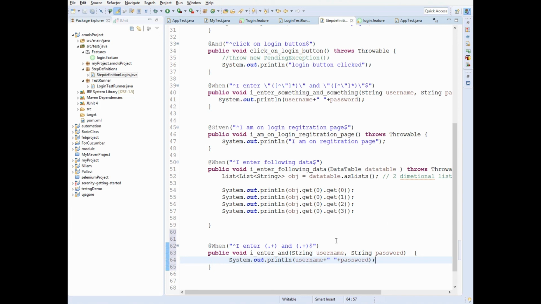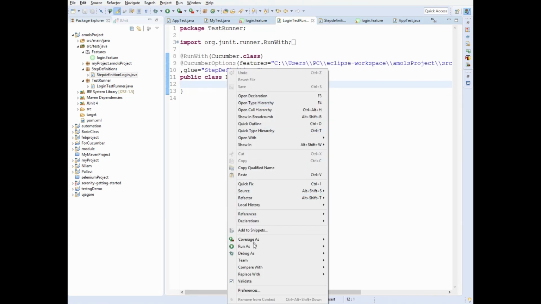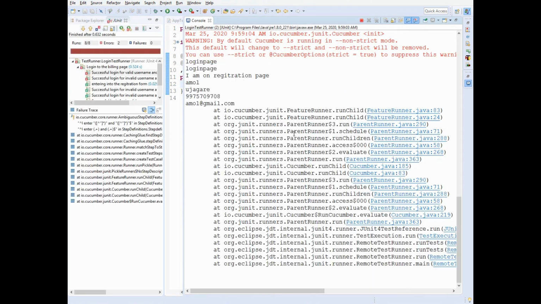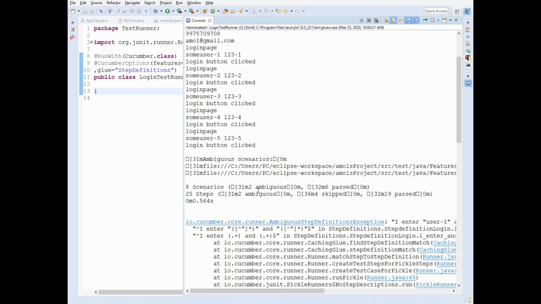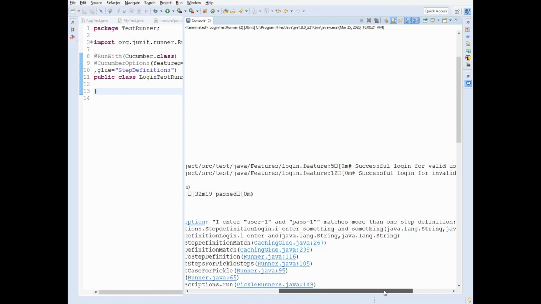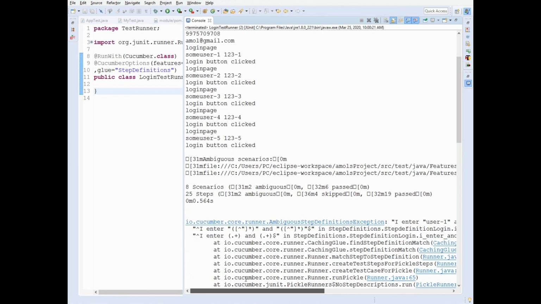Okay, so let's run this. Oh, what is this? Ambiguous step definition. I enter matches, achcha, more than one step definition. It matches more than one step.